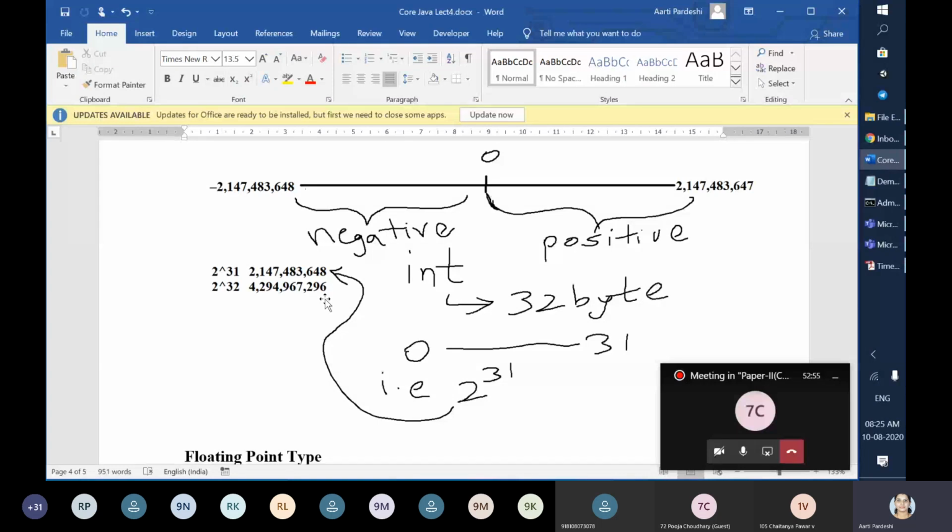Let me take one small pause and ask you: what data type means, what its range means, when we say it is of this many bytes what values it can take, how to represent it on a number line, what is meant by signed value and unsigned value, and how it is directly related to two's complement. Is it clear to everyone? I'm going to take a break. If you have doubts, you can ask me.